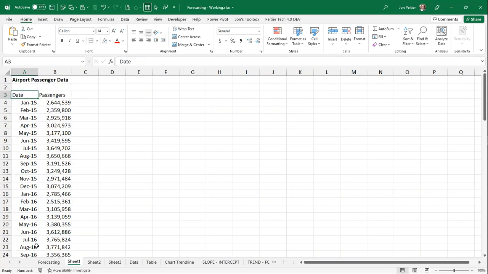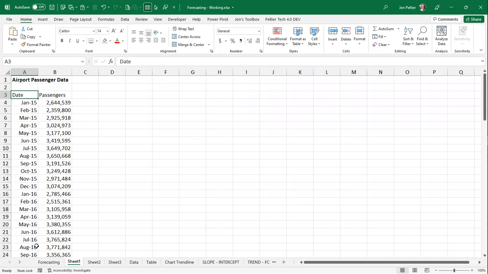What we'd like to do is make some analysis of this and predict it forward 2 more years. And of course, those predictions will not be accurate because of the travel restrictions caused by COVID, but we're going to ignore that and just do some forecasting. So I've started with my data here. The first thing I like to do when I get a chunk of data like this is convert it into a table. Not just a table like you already see here, but an actual capital T table,